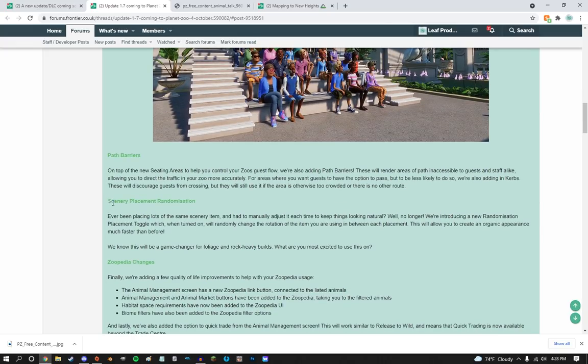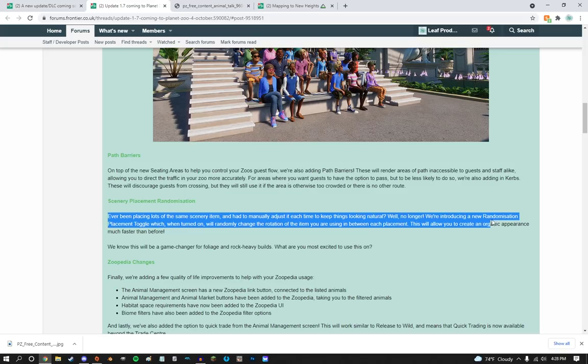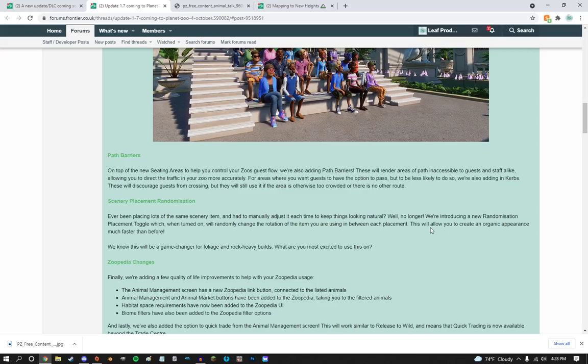And of course, scenery placement randomization. Ever been placing lots of the same scenery item and had to manually adjust it to keep it looking normal? We're introducing a new randomization placement toggle, which, when turned on, will change the rotation of the item you're using within each placement. So I hope that this actually gets activated for the Z and Y axis as well, because